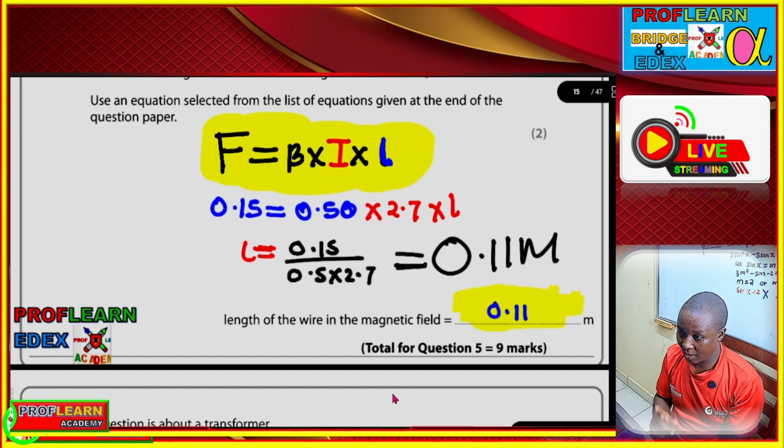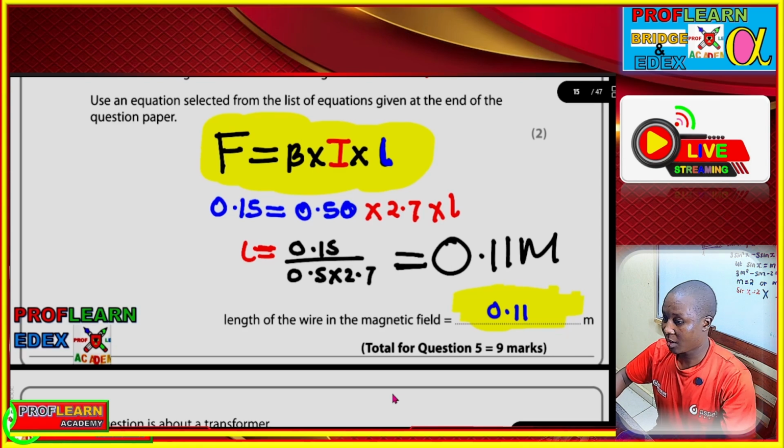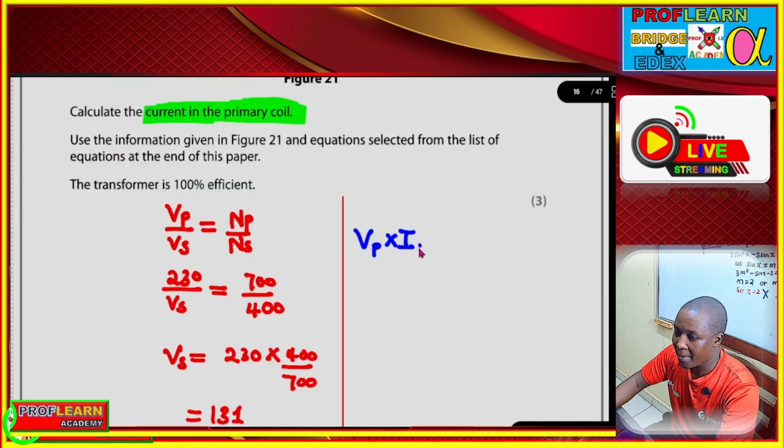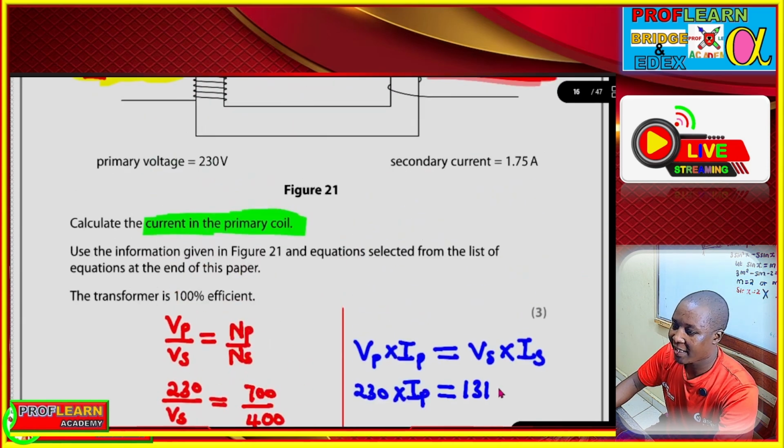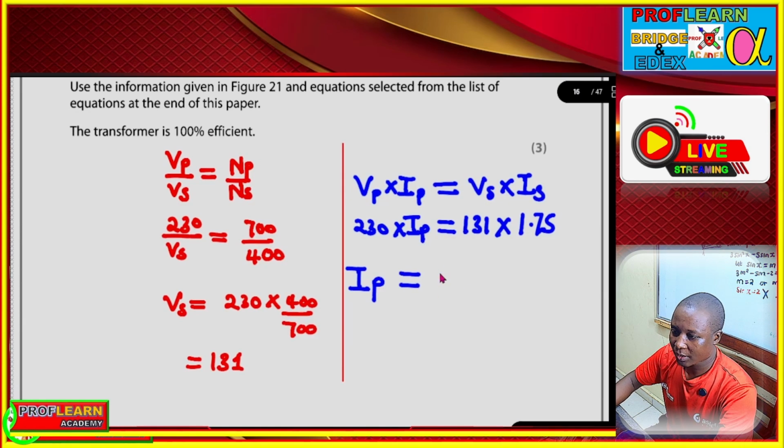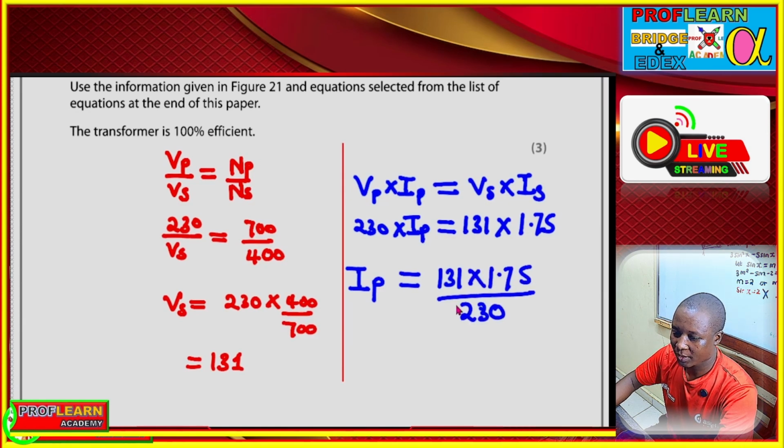Let me check that value. If there is any miscalculation, I really need to check why guys are saying that's wrong. Maybe there could be a mistake. 0.5 times 2.7. Yeah, I'm getting that. All right, so that's confirmed. We don't want to make any mistake. This is the time we cannot afford to make a mistake. That could have been an international crisis that needs a meeting to be held in the UN to resolve. So let's move to the next part, and if we divide by 230 both sides,